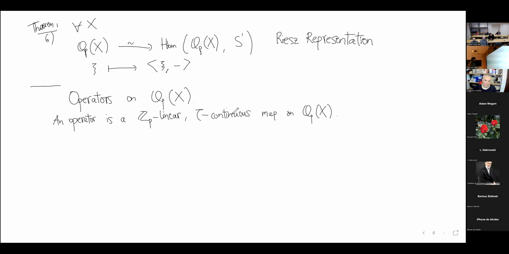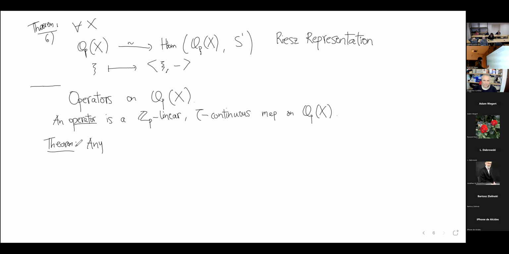Okay, so we are at operators. What was the point of defining such an inner product? It was definitely not to use it to define a norm and then do the usual thing. But one thing one can do is talk about adjoints of operators. So the theorem is that any operator